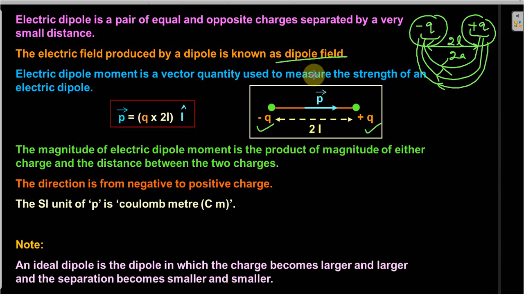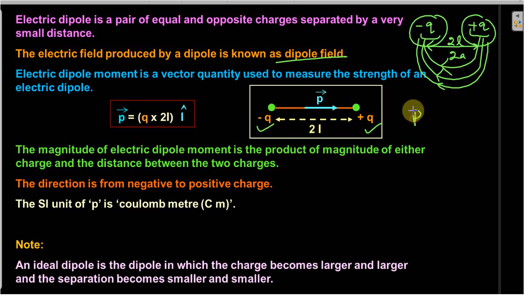For the electric dipole, you can take the example of two opposite charges. We already derived in the previous lecture how the negative charge and the positive q charge represent the field. So we can say this is the electric field due to the dipole. Next, the electric dipole moment is a vector quantity. The next term is dipole moment.